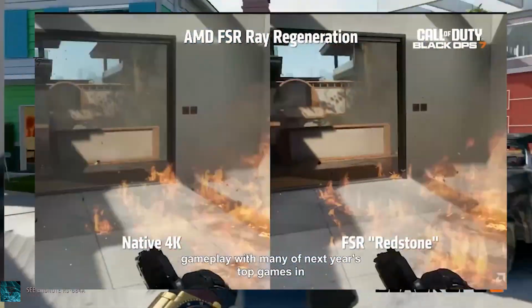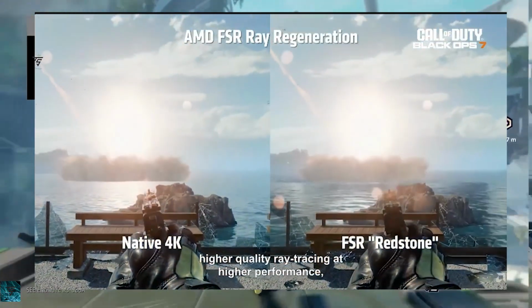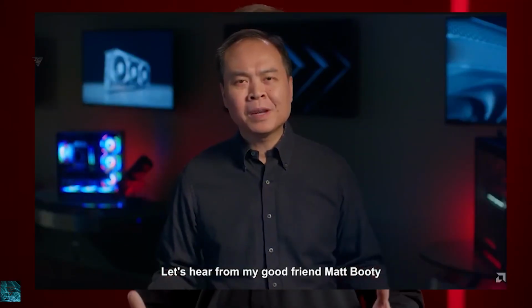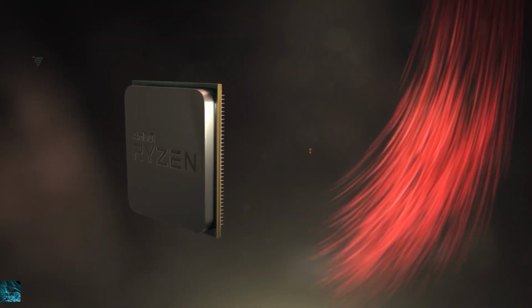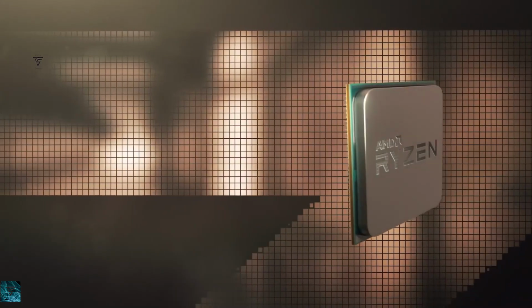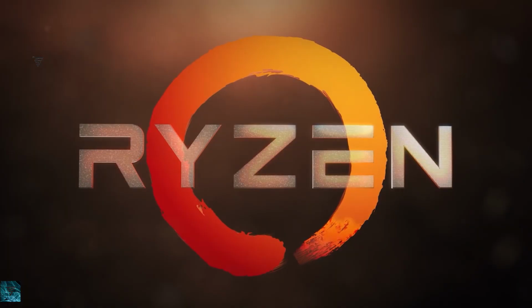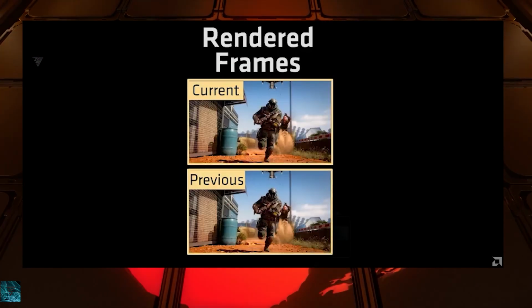And ray regeneration is only supported in Black Ops 7 at this current point of time, but it will be supported by other games later down the year, and various other games will be supported. Path tracing, which is neural FSR radiance caching, is not supported yet, and it will be available by the end of the year, so we need to wait a very long time for it to happen. But Black Ops 7 is the first game which supports these technologies, so yeah, it looks pretty nice overall. And finally,